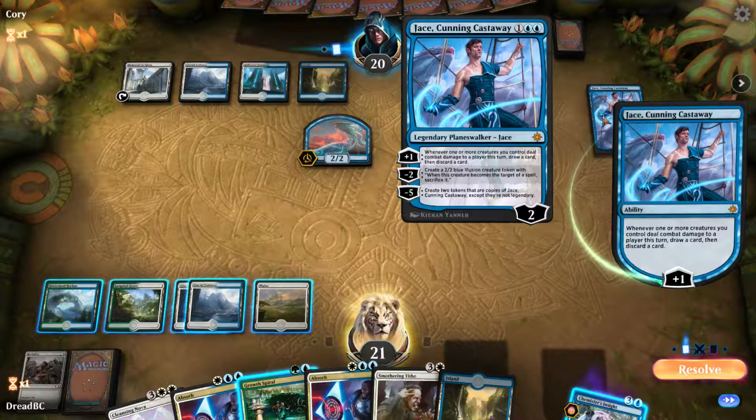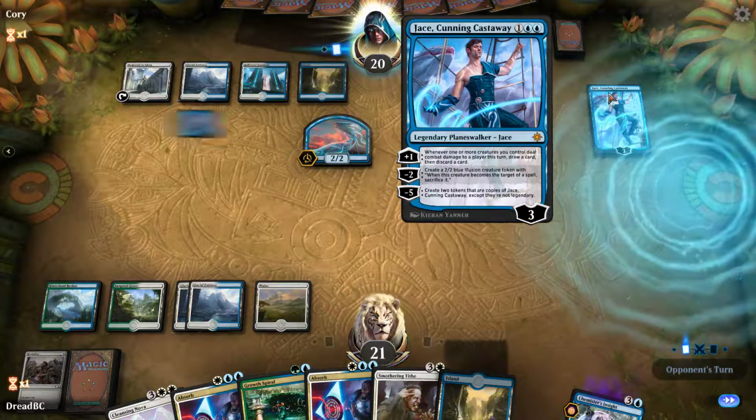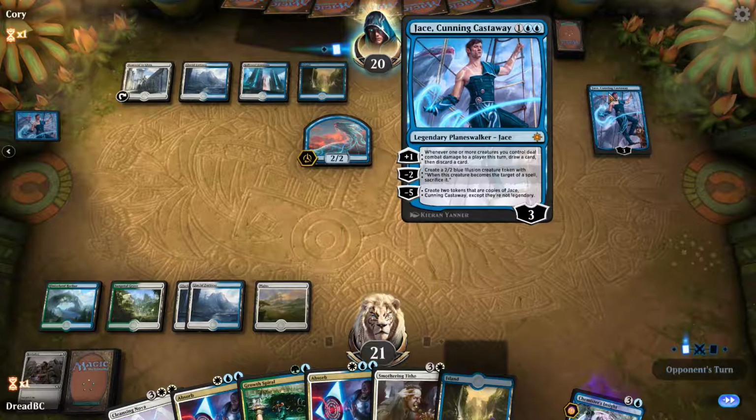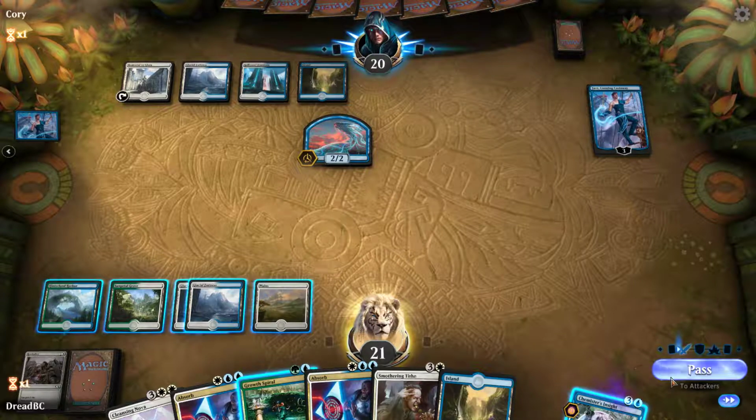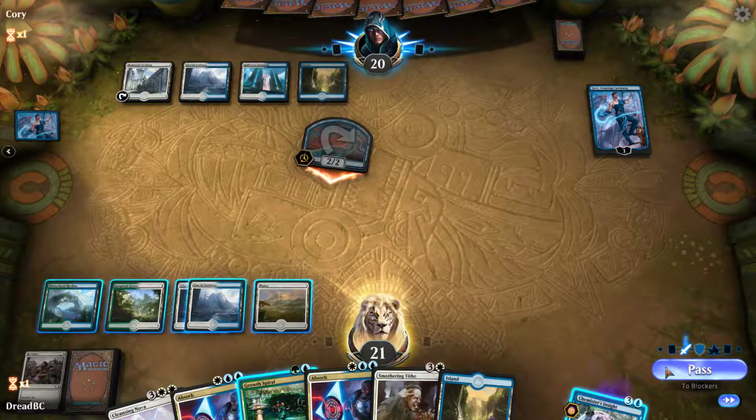Create a 2/2 whenever one more creature does combat, draw and discard. And create 2 tokens that are copies of Jace, except they're not legendary. What's that cost to? 5? Okay. I've never actually read that card. I figure I should probably read the cards that are in Standard at some point, but...